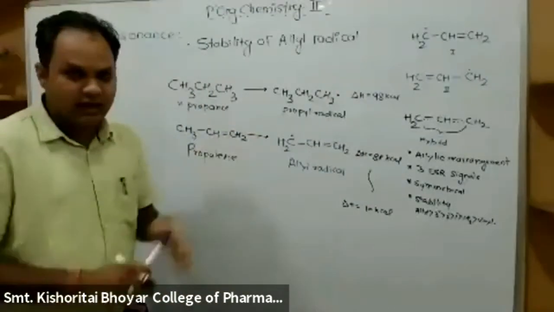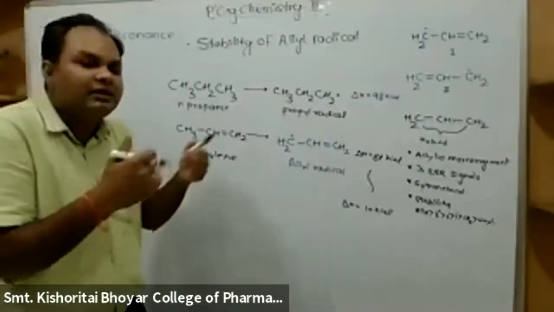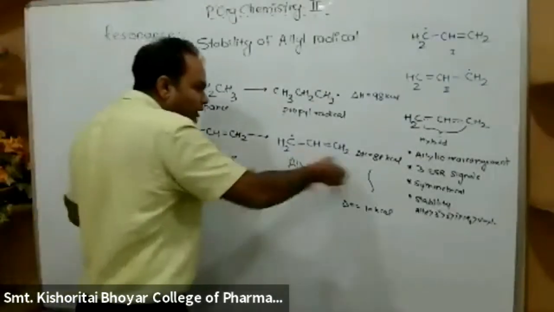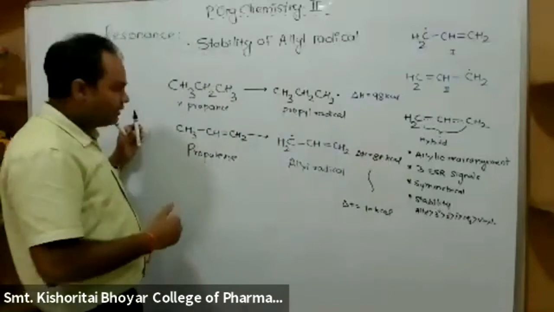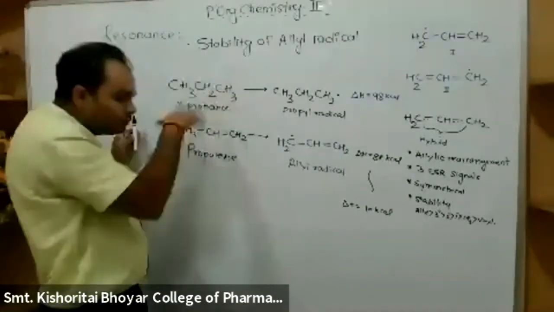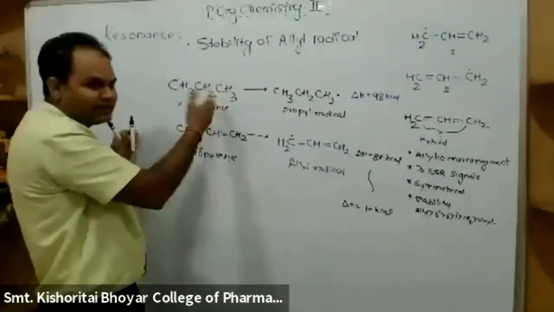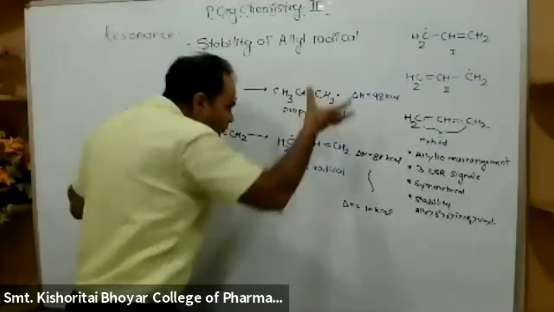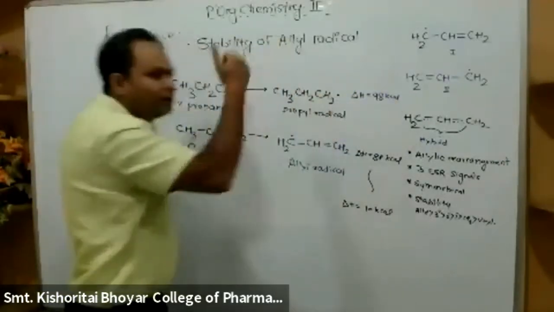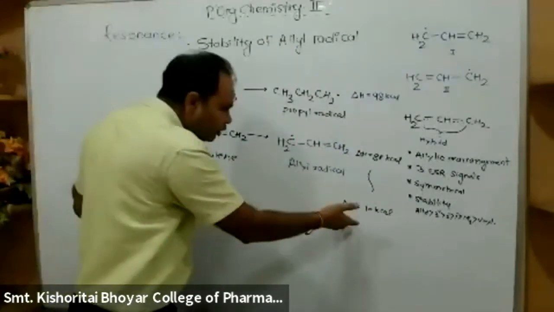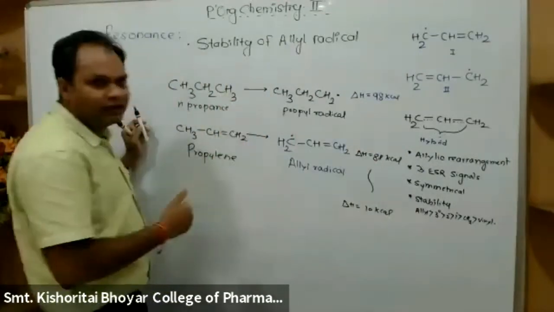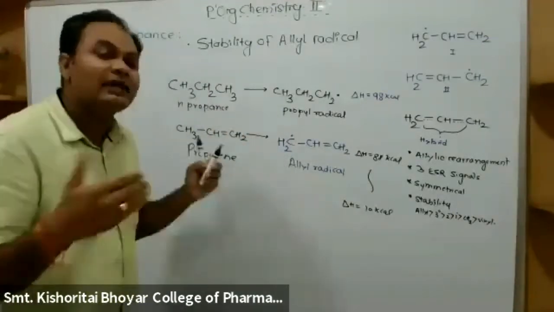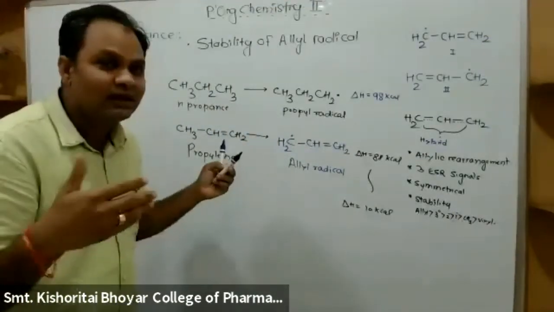समझ में आ रहा है? एनर्जी जितनी कम लगेगी उतनी स्टेबिलिटी ज्यादा रहेगी. तो प्रोपाइलिन से allyl radical फॉर्म होने के लिए 88 किलो कैलोरी एनर्जी लग रही है. वही कंपाउंड n-propane लिया हमने जिसमें 3 कार्बन है. ओके, just like a propylene containing 3 carbon. सो उससे जब प्रोपाइल रेडिकल बनता है तो उसमें 98 किलो कैलोरी एनर्जी लगती है. तो 10 किलो कैलोरी एनर्जी इसको कम लग रही है, मींस 10 किलो कैलोरी से ये allyl radical is a stable one. Okay, because it requires less energy.